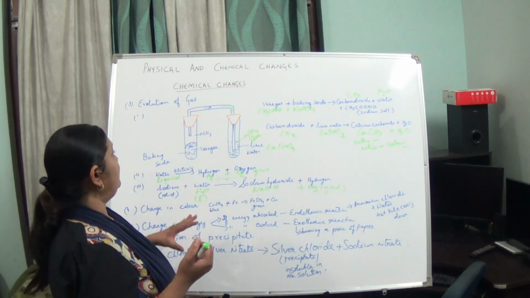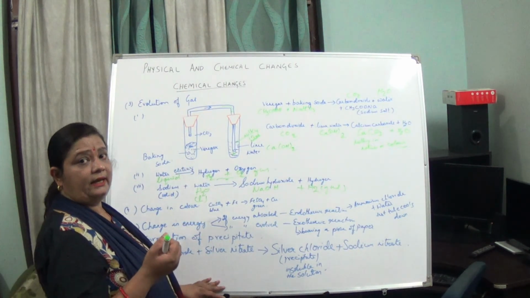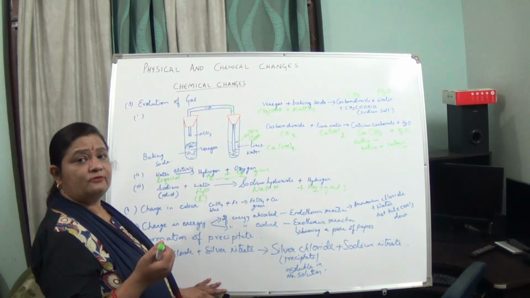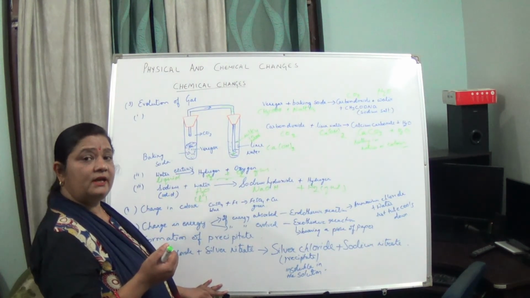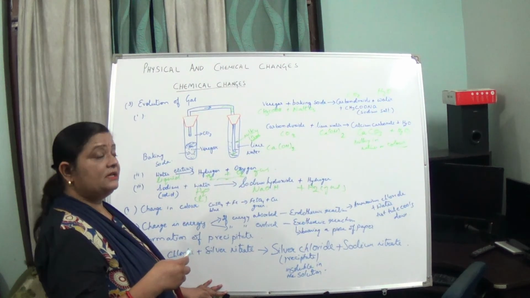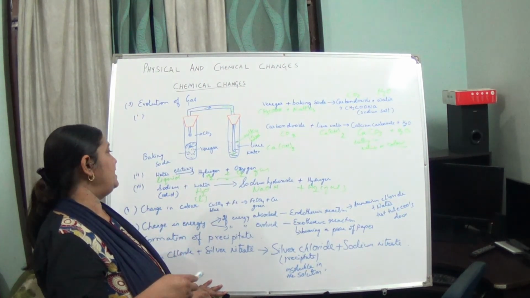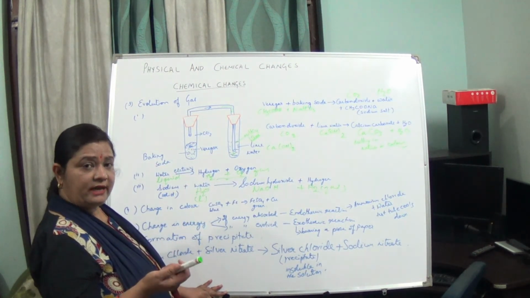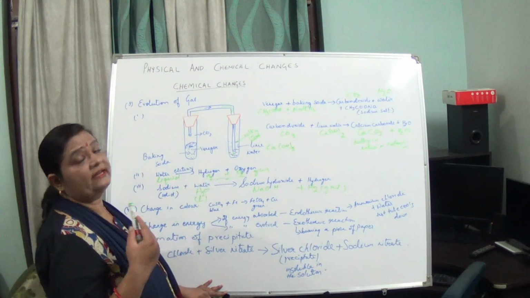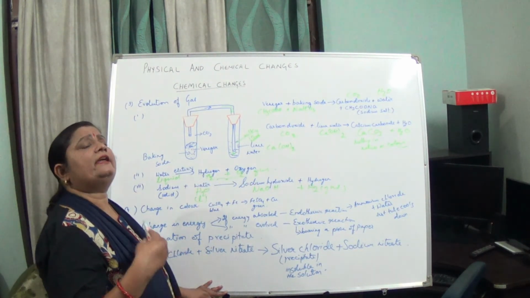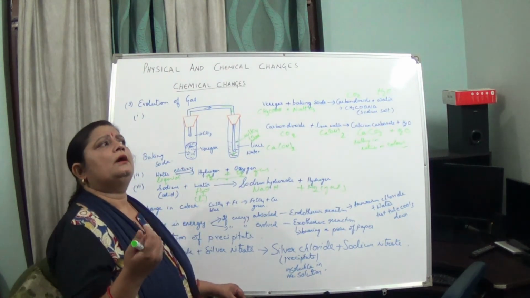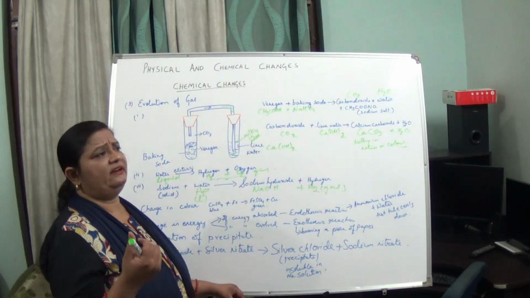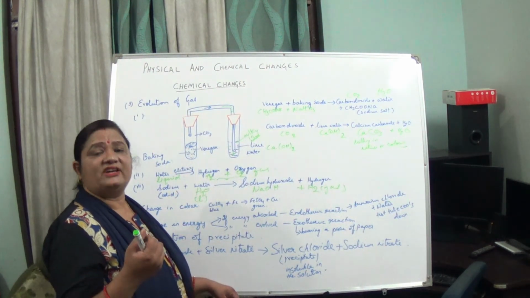So in a chemical change, basically different substances are formed, having different properties. They are irreversible in nature. In a chemical change, evolution of gas takes place. A change in color can also take place. There can be a change in energy. There can be a precipitate formation, or sometimes with the sound also we can detect that a chemical reaction